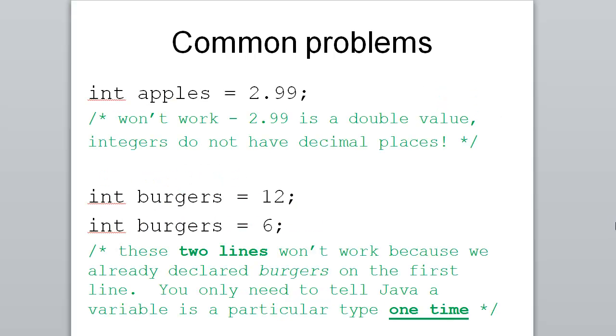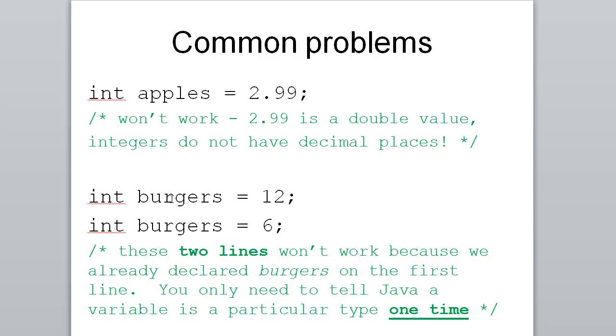Here are some common mistakes that people make, and I'll show you why those are wrong. Int apples equals 2.99. Well, obviously this doesn't work because 2.99 has a decimal point and it's not an integer. So you're trying to store something that's not an integer into an integer. That'll give an error. This also gives an error. Int burgers equals 12. Well, that's fine,